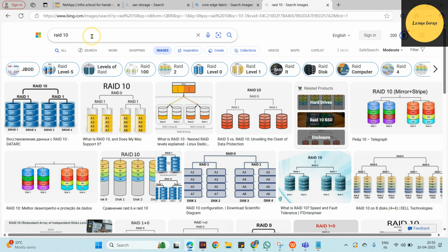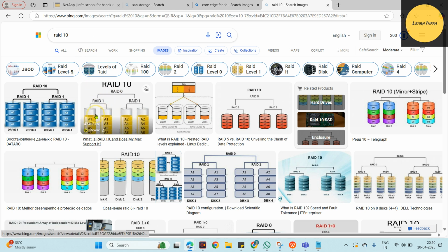So RAID 10 is a nested RAID. What is nested RAID? What we are doing here is striping the data. This is a type of mirror, a mirror of stripes. Here you see stripe and then mirror. For Oracle applications, Oracle database, RAID 10 is the better option, rather than RAID 5 and RAID 0. That's why in Hitachi,